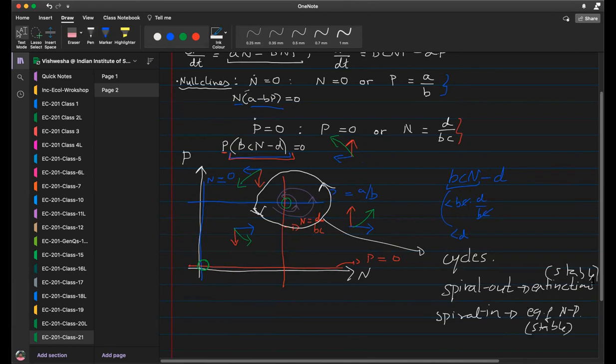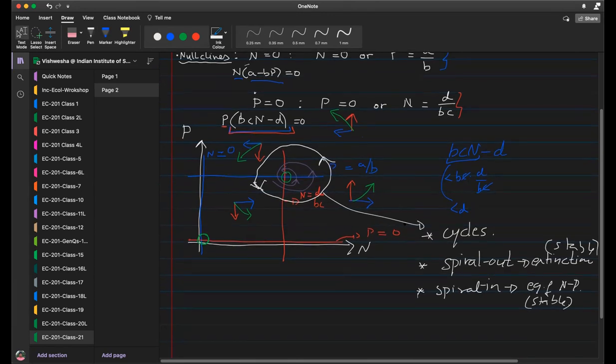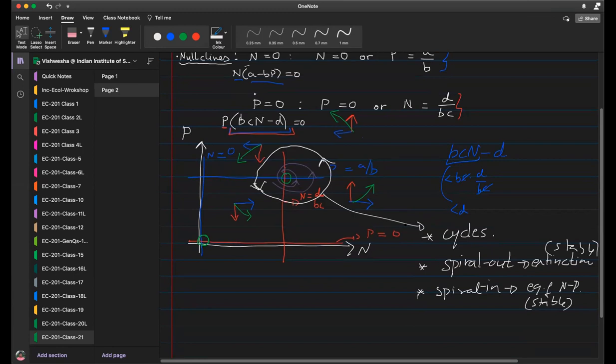As you can see now, the spiraling behavior is a property, as well as the cycles. Just to step back a bit and think more generally, cycles and spirals are properties that can happen only in two species systems. They cannot happen in a one species system. Could this have happened in an equation of the form n dot is equal to f of n? That's not possible at all there, because from the equilibrium there were only two ways: it could flow out or flow in, right?